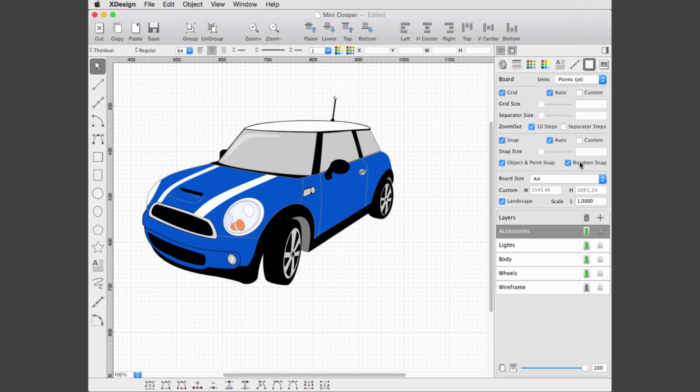The default units for a new design in the XDesign coordinate system is points. This can be changed to one of the supported units. XDesign uses a unit-aware coordinate system with an extendable board size and drawing scale setting for setting the drawing limits as required. A set of standard board size options are available for convenience. You can also set a custom board size.